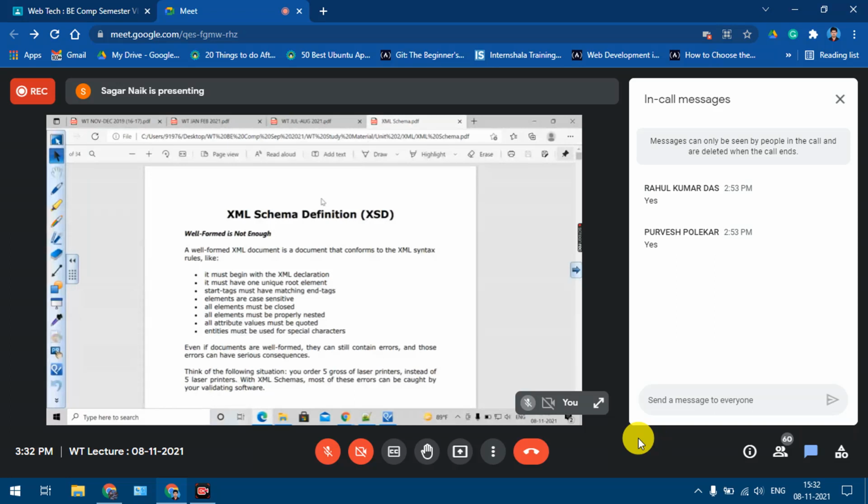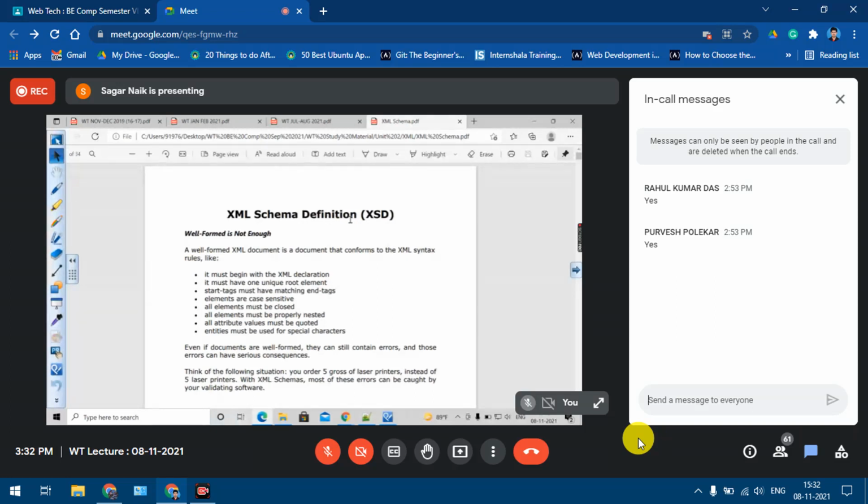Then again in XML, why do we use XML? For data storage and transportation. Okay. Now again in XML we started with the DTD concept. Now why did we use DTD? To check for the validity of the XML file. Yes or no? And even that example I had given, if I ask all the students to write one XML file, all the files will be different, yes or no? So to have the consistency, we use the DTD. You want to check whether the XML file is as per the format or not, right? Okay.